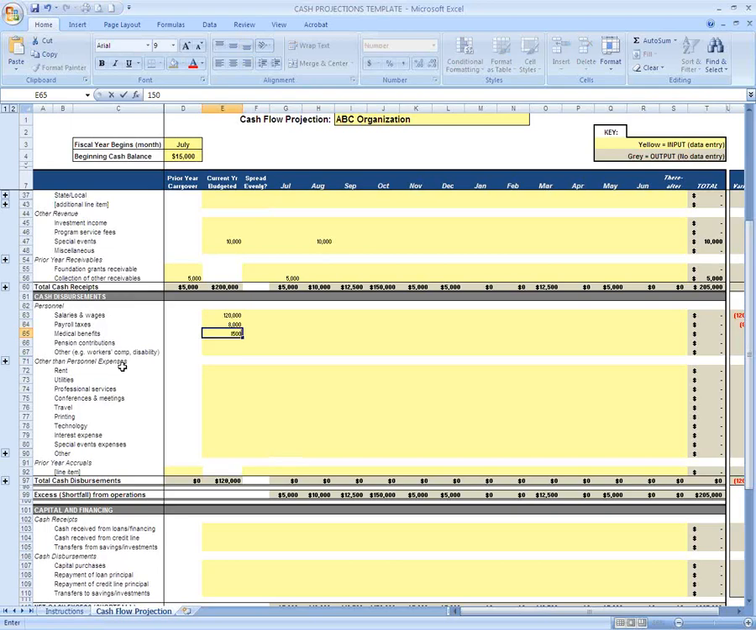Say $15,000 for medical. We'll do a $5,000 pension contribution. Again, you can add additional categories if you want. Come down to rent. Let's do $24,000 for rent. Let's do $2,500 for utilities, and so on, until you've basically accounted for all of your planned